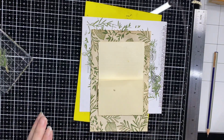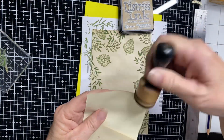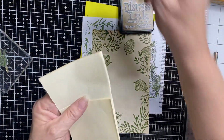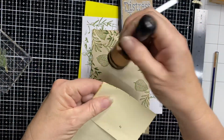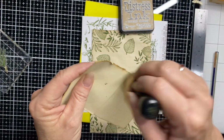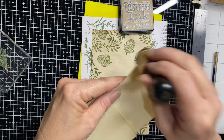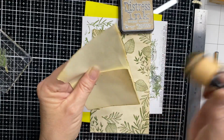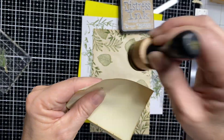So if I just set that one aside, if I ink around this one now, I need to rub out my pencil mark. I'll put all those stamps away later on, just very quickly, and that way it's giving a lift to those torn edges as well. So I'm just going to rough those up, and instead of inking that way, I'm going to ink this way, just to really lift them up. Back onto this side again, give them a real grunged look, and I'll need to do that one. Right,